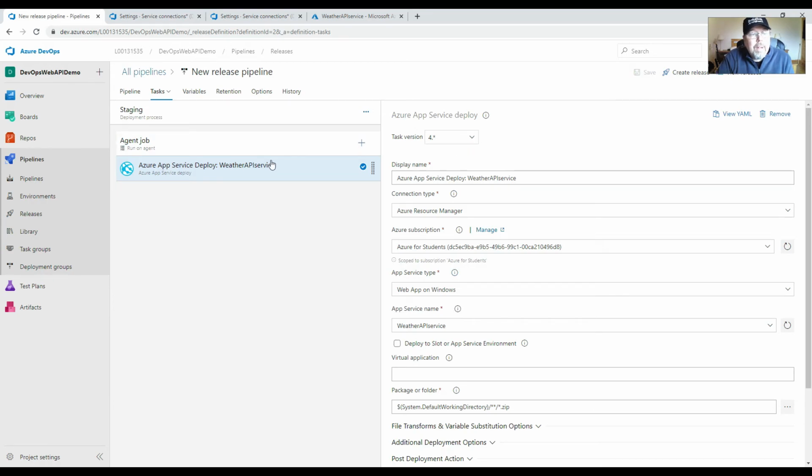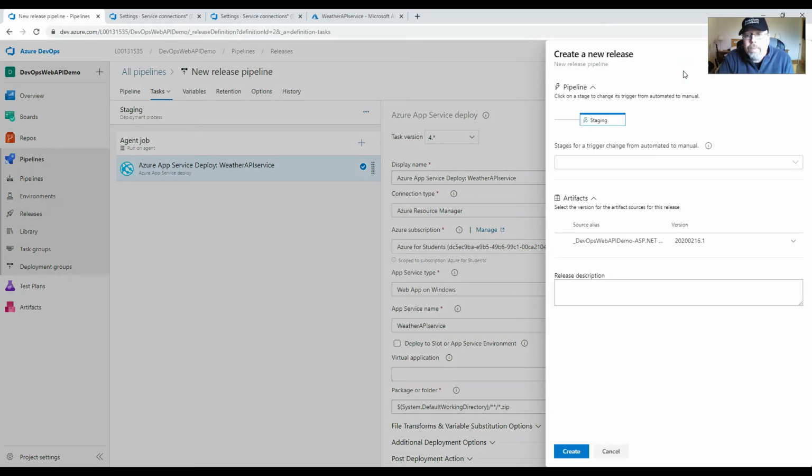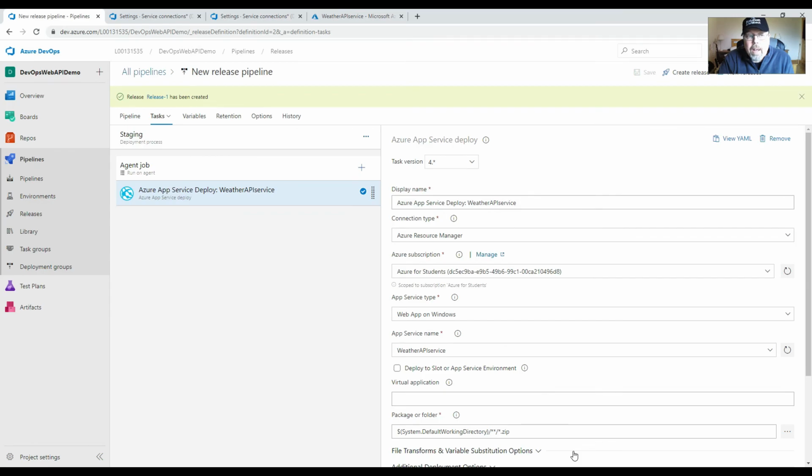And now you can immediately just click and create a release. And that's what we want to do. We want to create a release, and we call it staging. And this is the version that's going to be deployed that we have. You can put in some description or just click create. That will create a release for you. Release 1. If you click here on release 1,